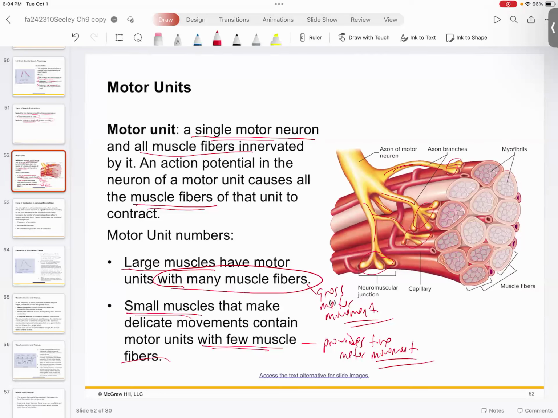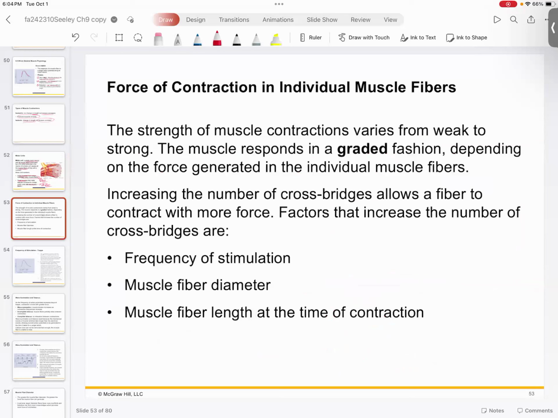So it's all about strategy. Like, what are you trying to accomplish in terms of your function? If you're looking for that fine motor control, then you have to have lots of small fibers, small muscles with few fibers per motor unit. That's what's going to give you that variation so that you can really get a lot of that fine detail in your hands. Notice